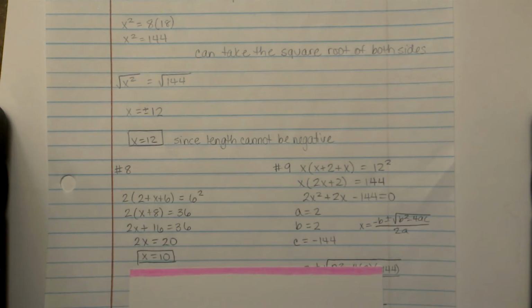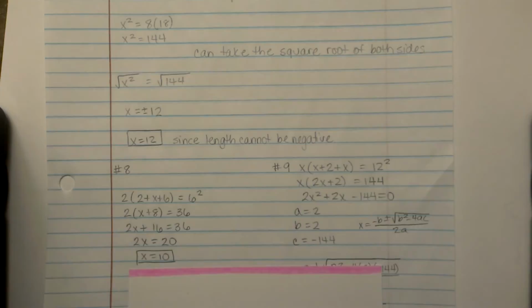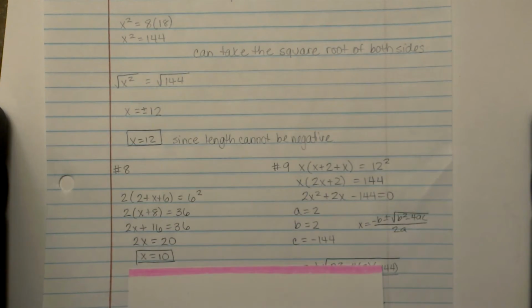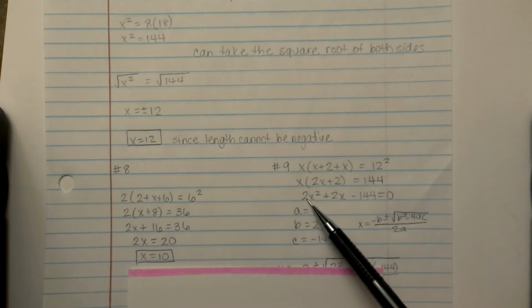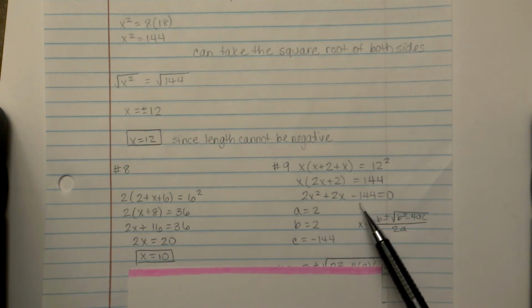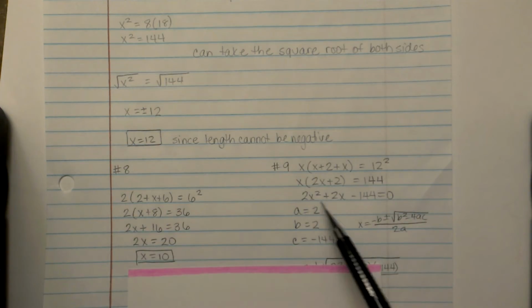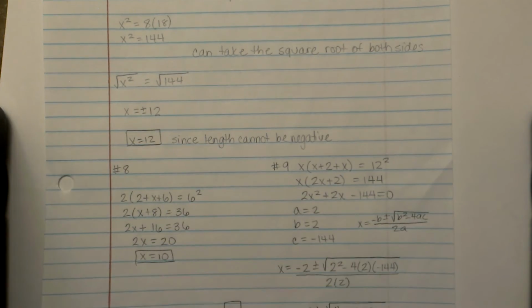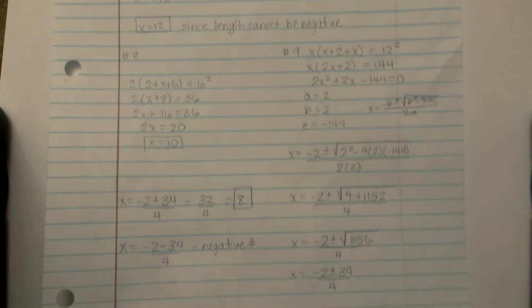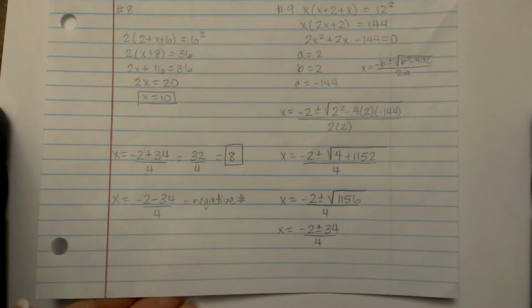Number 9 does turn out to have an x squared term and an x term, and because of that, we're going to use the quadratic formula. Remember, we want to rearrange it so that we have an x squared term, an x term, and the constant all on the left-hand side, so that we're equal to 0. A is whatever's in front of x squared, B is whatever's in front of x, and C is whatever's left over. You plug it into the quadratic formula and solve